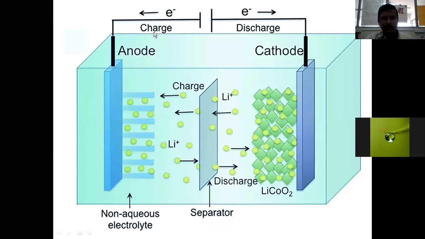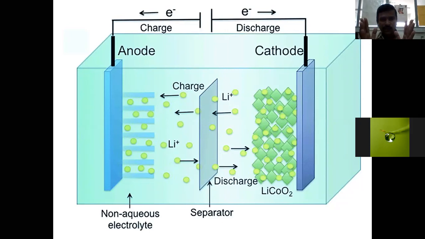What will happen during the charging? In the charging process, the electron is going to be added in order to convert Li+ to Li. It means the ionic lithium has been brought back to its original state, which was present in LiCoO2. So Li+ has been converted into Li during the charging process. Charging means passing the electricity, and passing the electricity means passing the electrons. Where are the electrons moving? The electrons are moving towards the ionic lithium, where they are captured by the ionic lithium in order to get converted into elemental lithium.